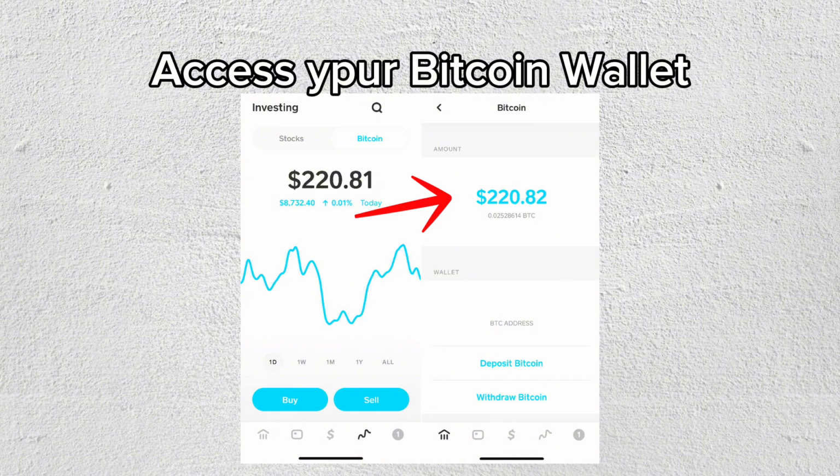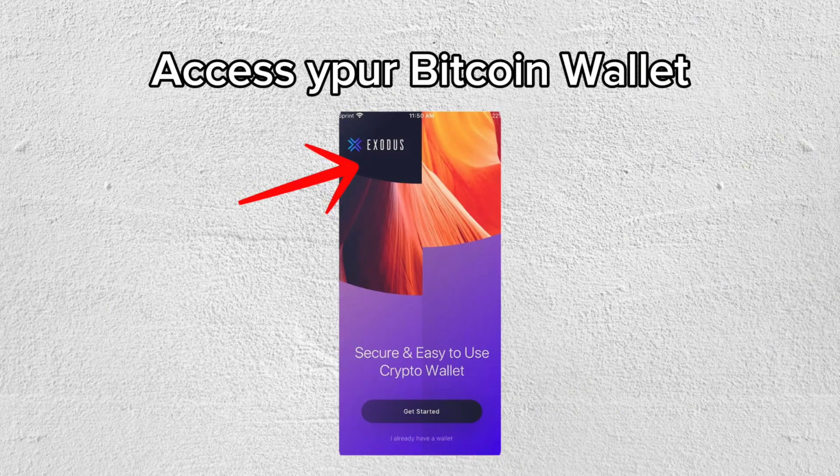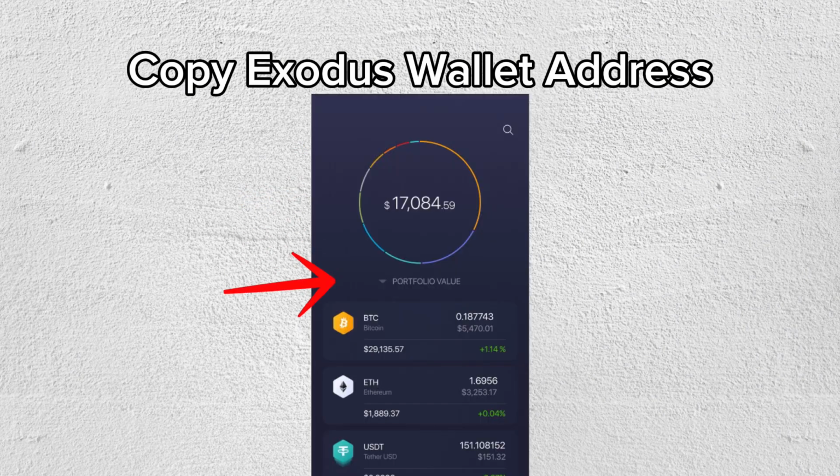If this is your first time sending Bitcoin from Cash App, you may be prompted to enable withdrawals by verifying your identity. This process may require you to provide additional information like your social security number, or take a photo of your ID. Once you're done with the verification, open the Exodus Wallet app, tap on the Bitcoin from the